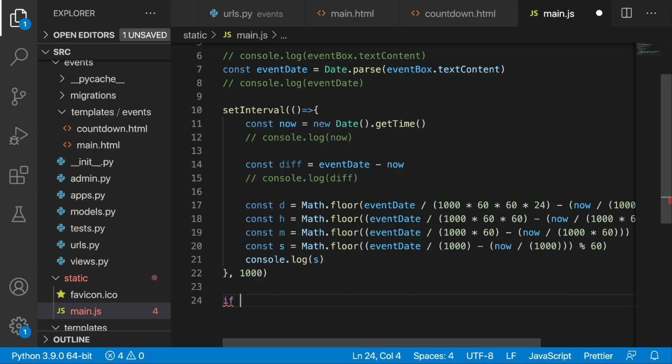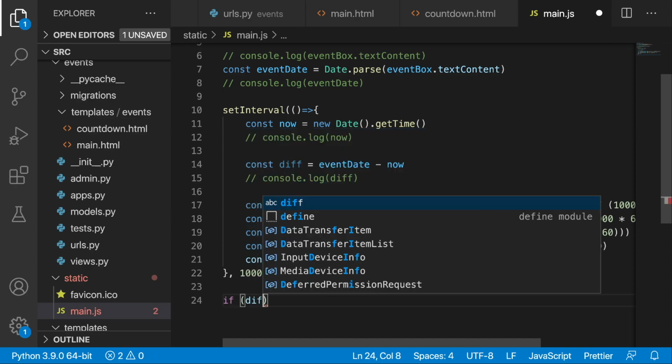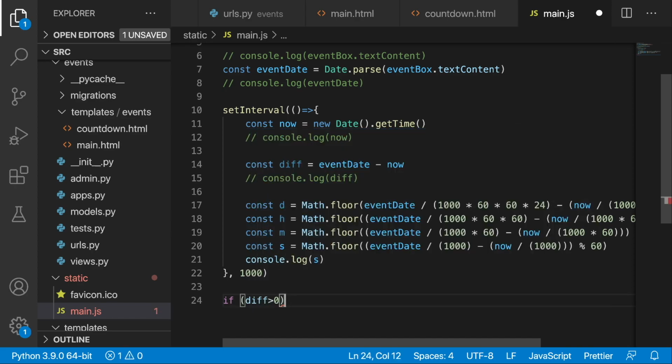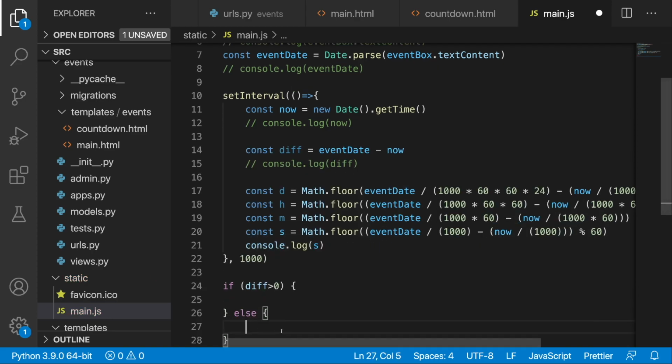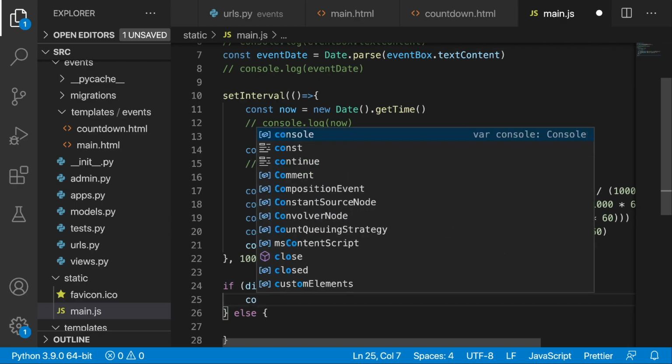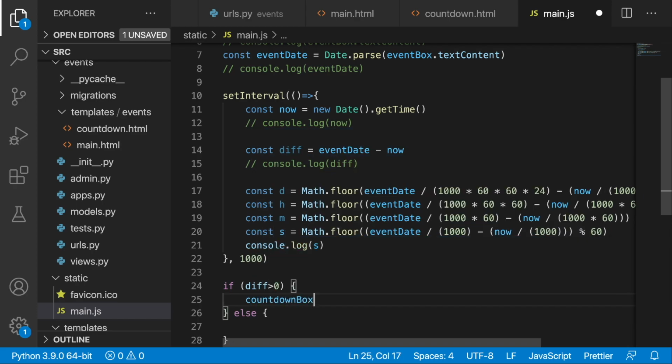If diff is greater than 0, then we want to do something, and in other case we are going to do something else. So if difference is greater than 0, that means that we still need to have the countdown running. So we can put in countdown box inner